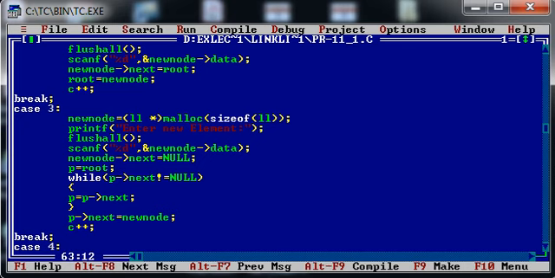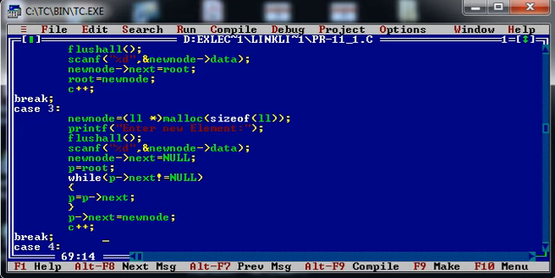As soon as I find the next part of P null, this loop terminates. At that time, I assign the address of the new node to the address part of pointer P. In this way, we are appending a newly created node at the end of the existing singly linked list.